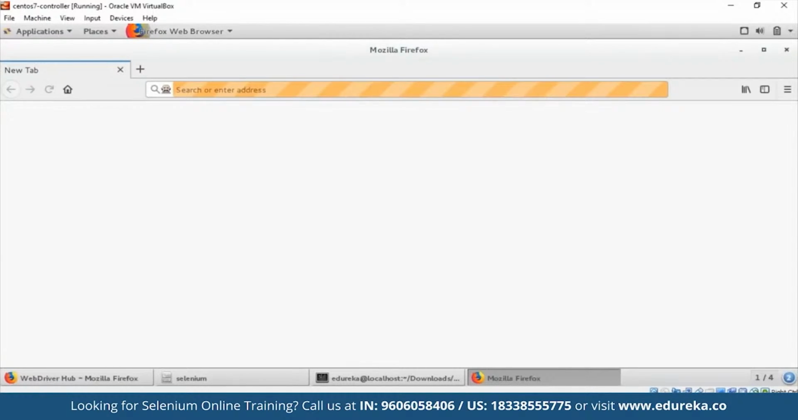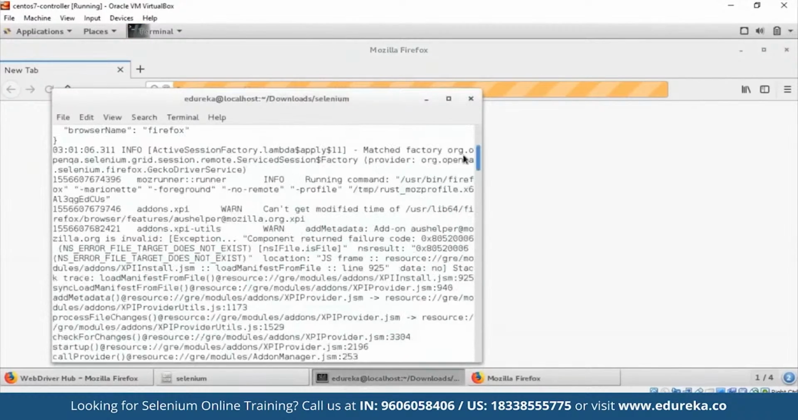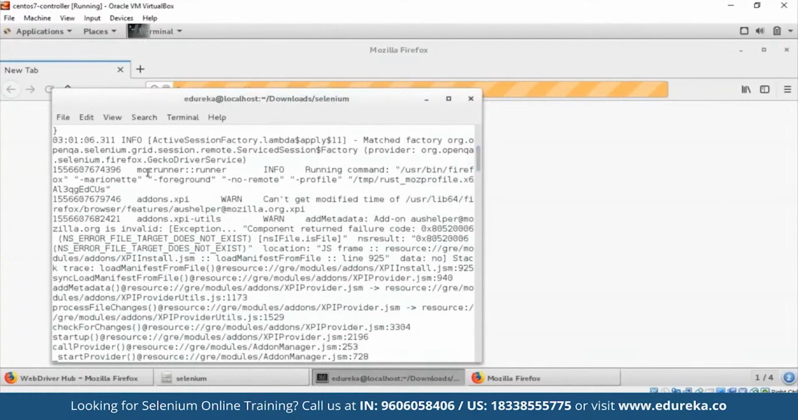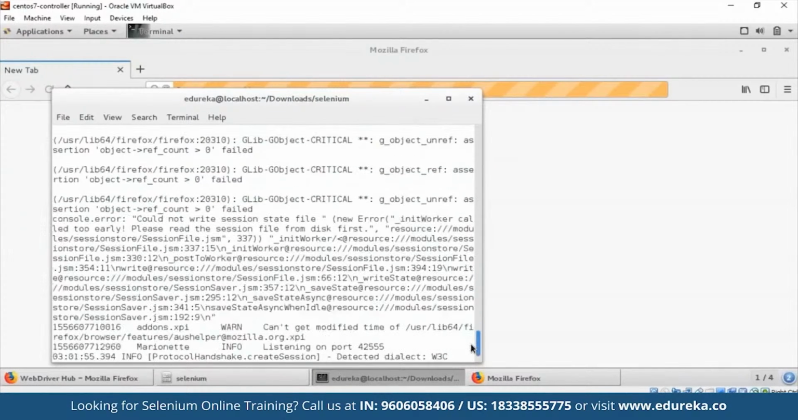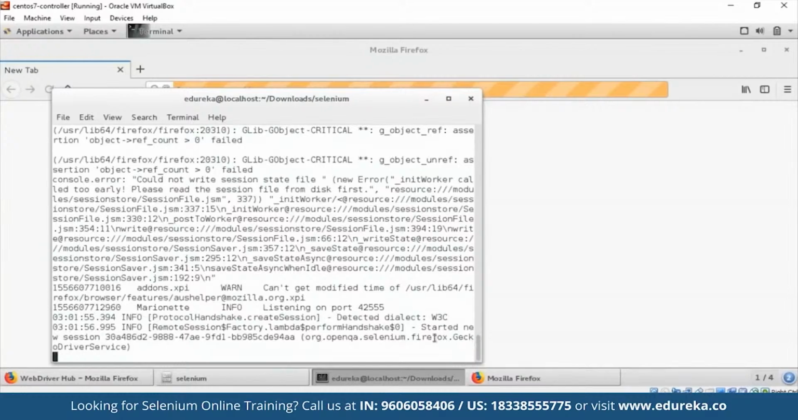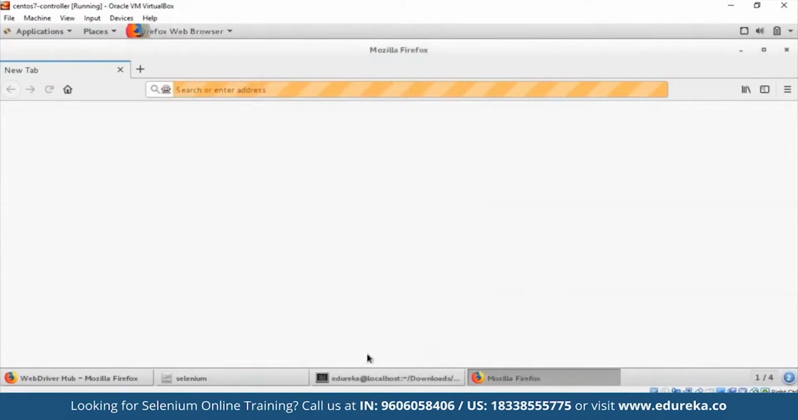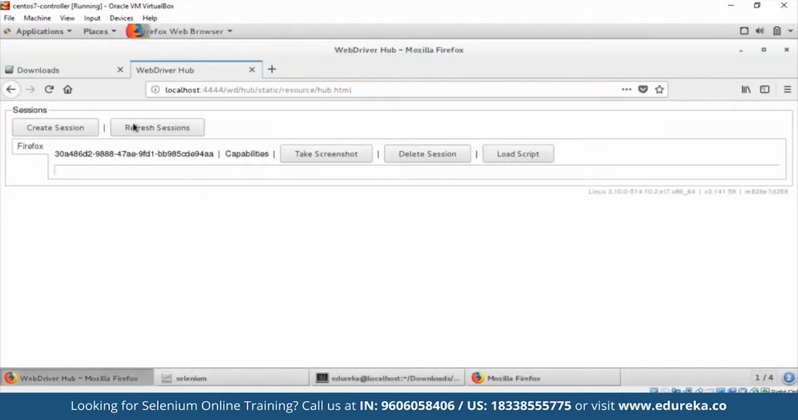Very simple, right? Just create an instance. Nothing much I'm going to do here. Just save the driver and the server in the same folder and it is done. Very simple. So now you can see here it is running a Mozilla Firefox driver instance. Yes, it's telling it's launching GeckoDriver. You can see that here, the Firefox GeckoDriver service. And you can see in the WebDriver hub, it created a session and this is the session